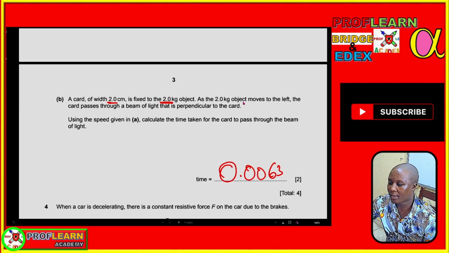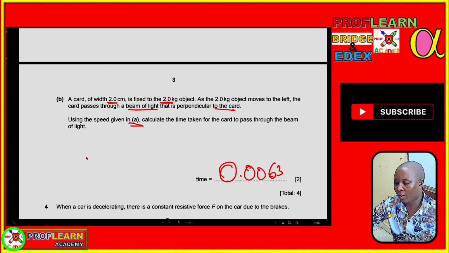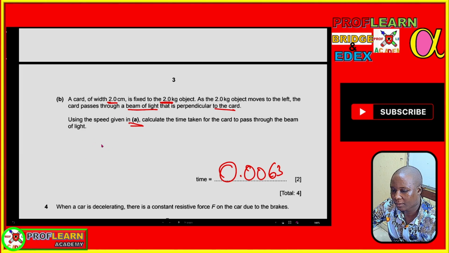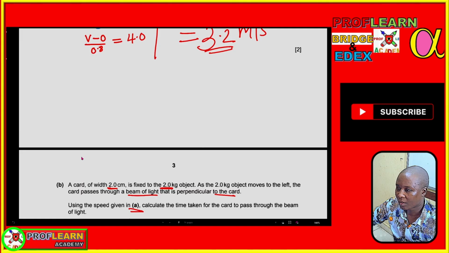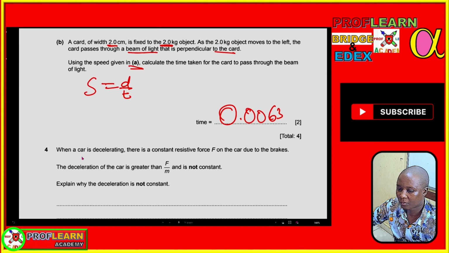A card of width 2.0 centimeters is fixed to the 2 kg mass. As the 2 kg object moves to the left, the card passes through a beam of light that is perpendicular to the card. Using the speed in A, calculate the time taken. So we know that speed is equal to distance over time. That's the formula you're going to use here. Since the speed was given as 3.2,